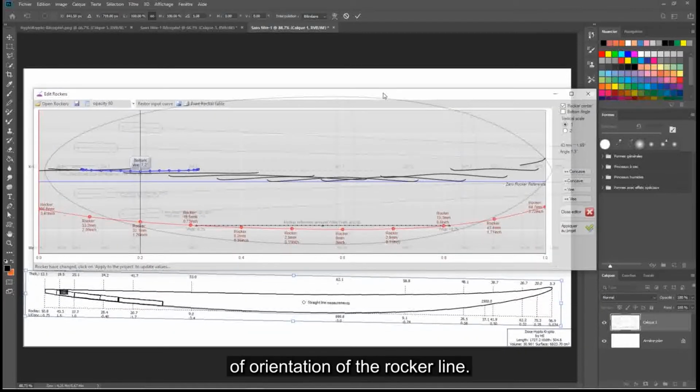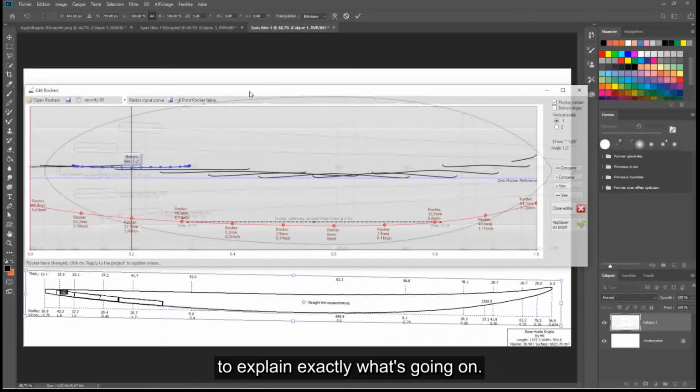So that's just a matter of orientation of the rocker line. It's a technical detail to explain exactly what's going on.